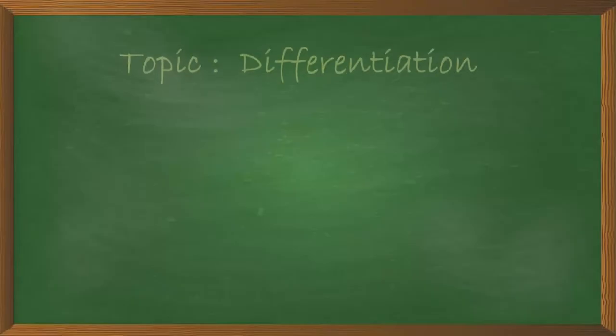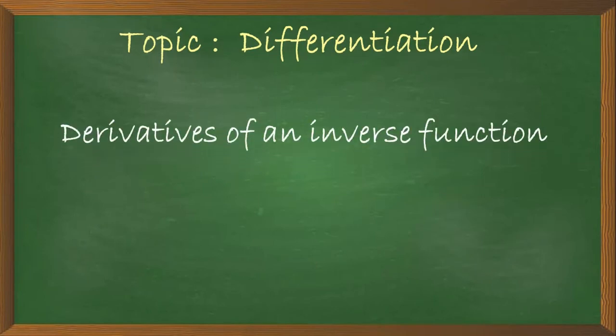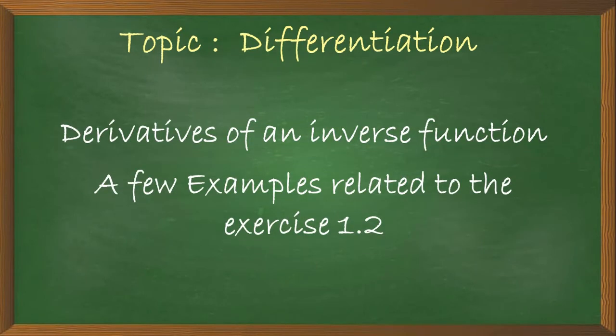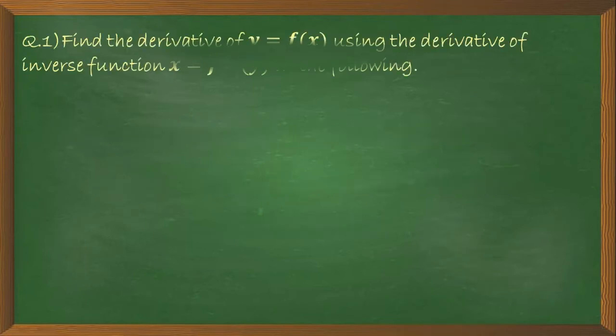Now we will solve some derivatives of an inverse function related to exercise 1.2. So let's begin. In your exercise there is a question: find the derivative of y is equal to f of x using the derivative of the inverse function x is equal to f inverse y in the following. Now see here, y is equal to f of x is the given function. It is obviously 1-1 and onto